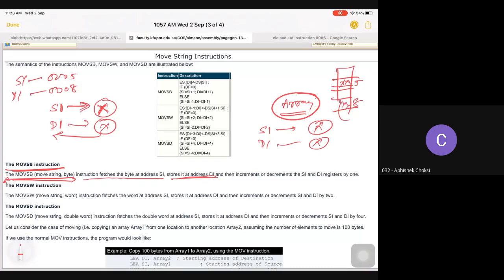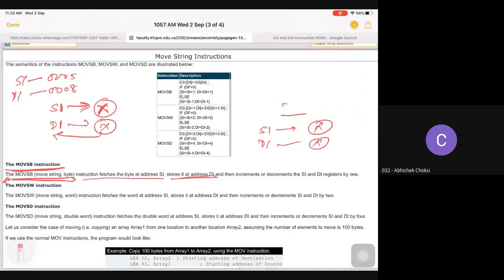So what does your MOVSB instruction do? MOVSB copies the content of SI, that is XX, into DI. So here, instead of YY, you now have XX at location 8 also. Get it? This is what your MOVSB instruction does. Other than that, it is not only simply copying the value.